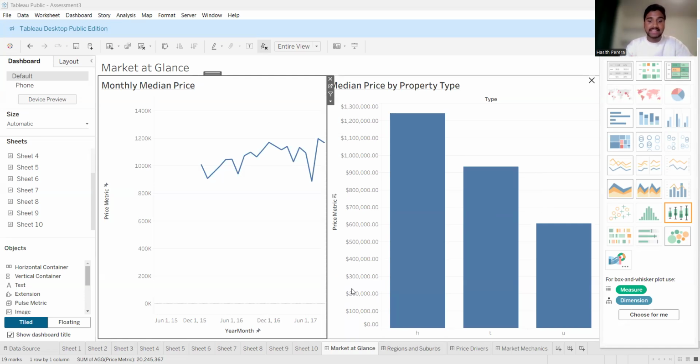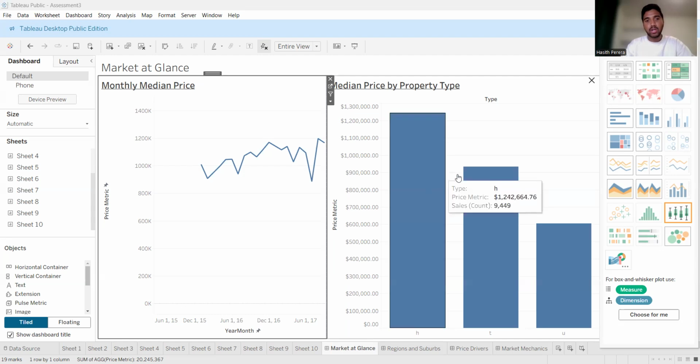The reason I'm making this assignment is to brief authorities on price trends, regional differences, and price drivers, and also methods for transparency. Obviously, there's a housing crisis in Victoria, Melbourne, Australia. So to improve on that, I made these dashboards to see the reasons and how we can positively impact